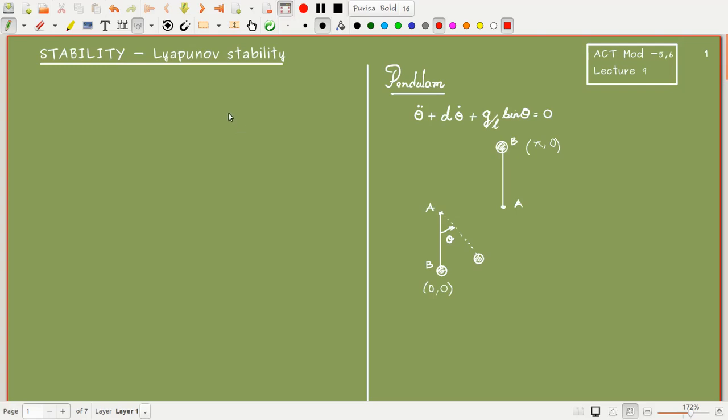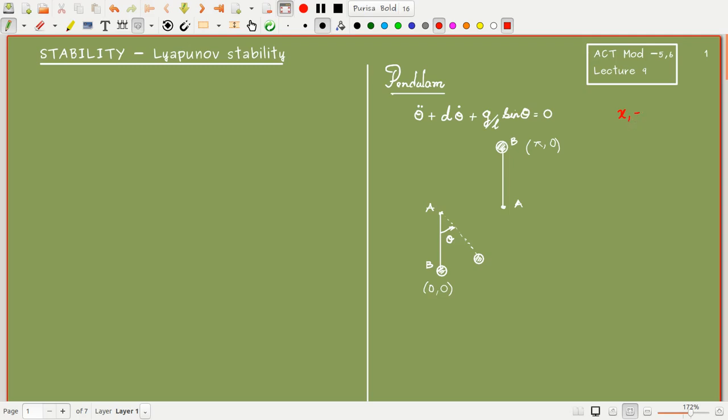Hello all. Today, let us see the stability of nonlinear systems. In fact, this is an interesting topic in nonlinear system theory. And in today's discussion, we had seen a pendulum where we saw that there are two equilibrium points for the pendulum. Okay, in fact, we are having the simple equations for the pendulum can be written like this, where x1